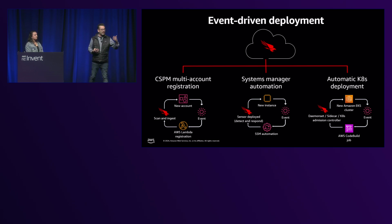That registration into the Falcon platform, where we're able to provide that insight, all that's happening in the background. Add a new region, add a new account, that account gets automatically deployed, if you are using our deployment mechanisms. The one that we're looking at here rolls all of these three mechanisms together in something called AWS Built-in, which